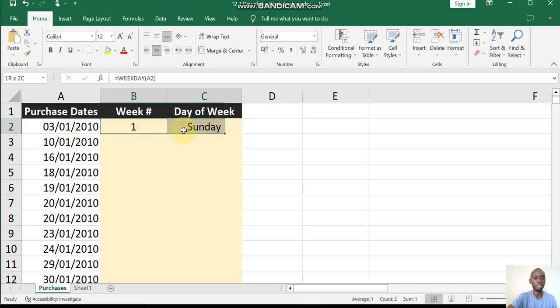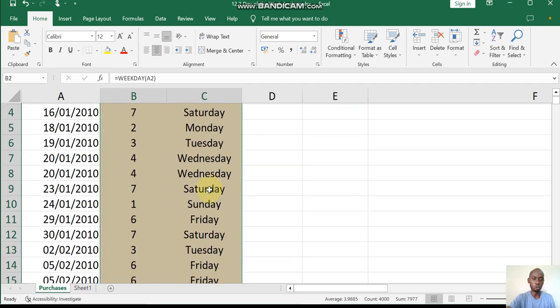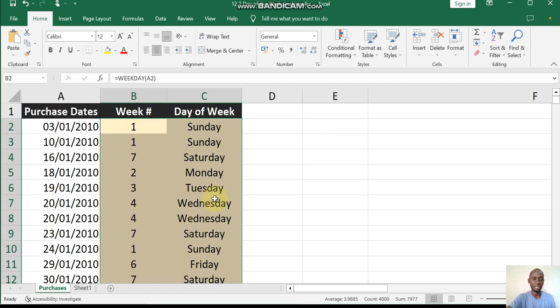Now to do the same for the remaining data sets, you simply highlight it and double click for it to do the same for the remaining data sets. So now you see that Saturday, being the 7th day in a week,